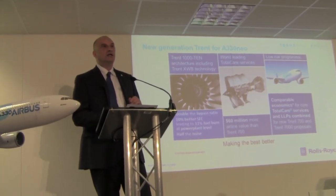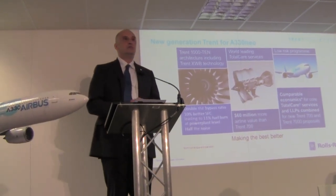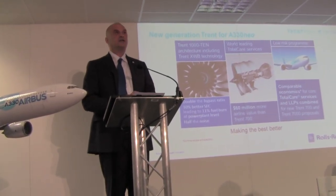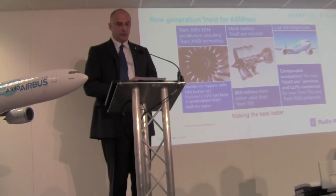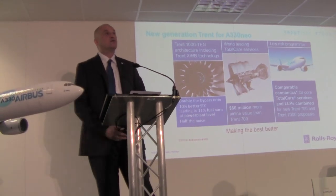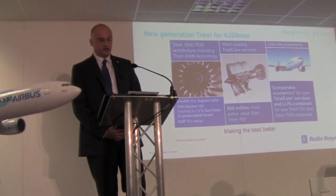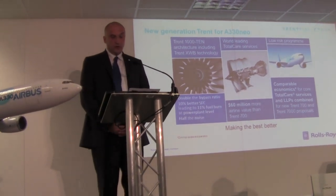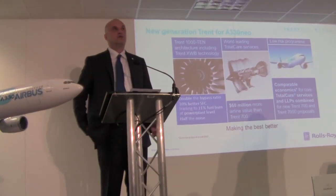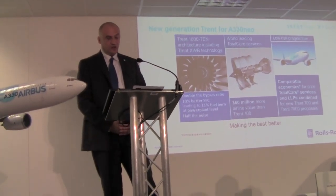The 7000 really builds on that fantastic heritage. We'll benefit from the experience of the 700 with all of the maturity and in-service experience we have. We benefit from the architecture of the Trent 1000-10, and we also benefit from the technology we have now proven on the Trent XWB, which is the most efficient turbofan in the world today, and you will hear more about the XWB within the next few days. So with that being put together, we deliver, as John said, 10% of SFC, which is leading to 11% of fuel burn improvement at power plant level. It, as we say, doubled the bypass